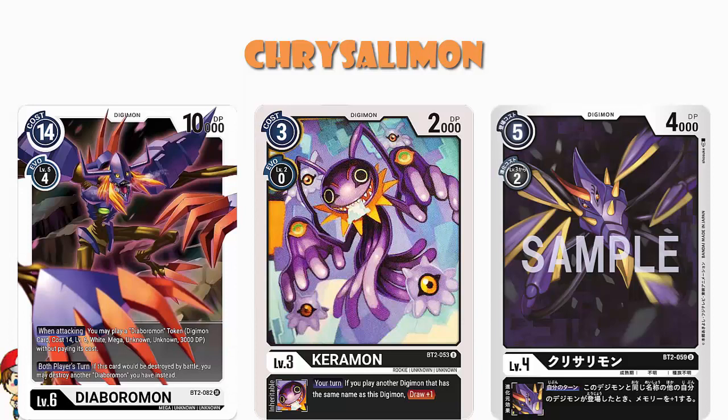So what we essentially got here is your level 6 Diaboromon, you attack, you deploy a Diaboromon token, and to be fair, right, before we saw all these inheritable skills, we were still saying that Diaboromon looks amazing because you can deploy all of these tokens, not to mention the fact that it's a 14 cost to play normally, so you are almost certainly going to evolve into Diaboromon rather than play it from your hand. Remember, there is a hard cap of 10 memory, so if you've got 3 or fewer memory, you literally can't play it regardless. So what you do is you attack with Diaboromon, and then all of a sudden, Chrysalimon comes